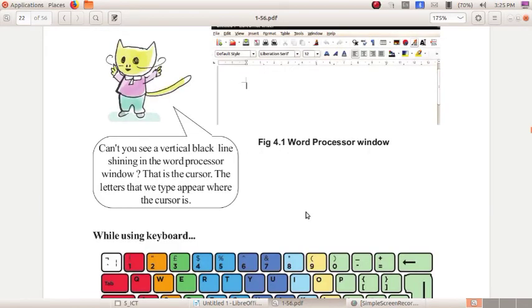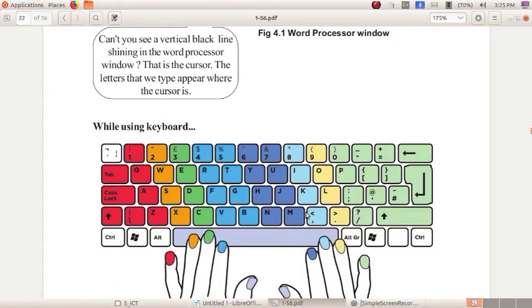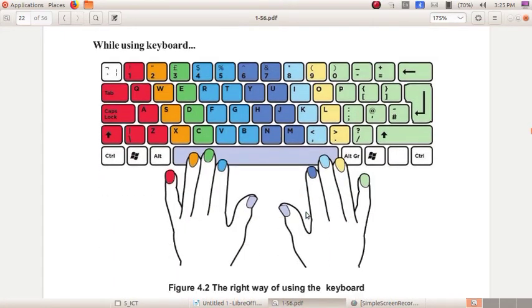In the textbook, you can see the keyboard. See, this is the keyboard. Did you see a keyboard like this? You saw the black keyboard, but this is very colorful, isn't it? Why is it so? Yes, each color represents each finger.